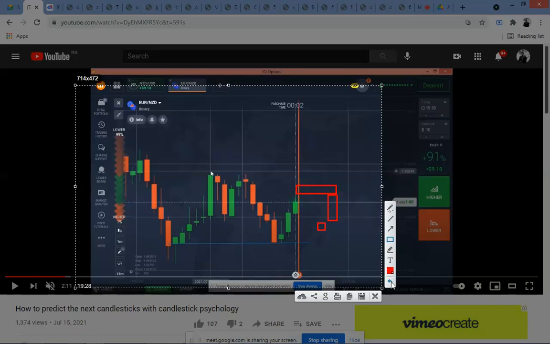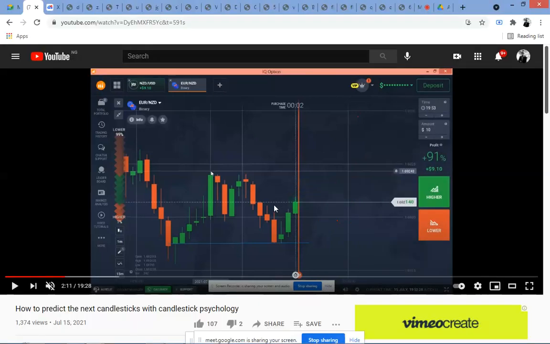But if you go with buyers here and the next candle was strong, you know it has escaped this level. So you can't say sellers entered again. Buyers will go more up, because it has already escaped this level. But this time it did not escape the level. It just closed exactly at the zone with a small body. So that is why we see sellers' entry. The first one was weak, the second one was strong, and now the last one at the zone is weak. So we can expect sellers' entry. That is what I observed here.